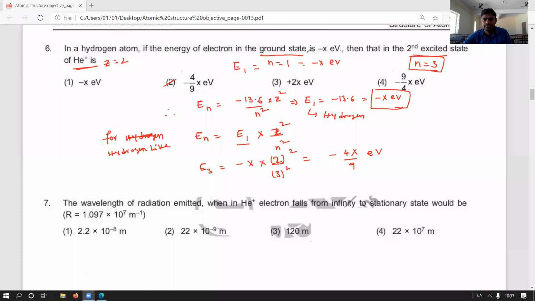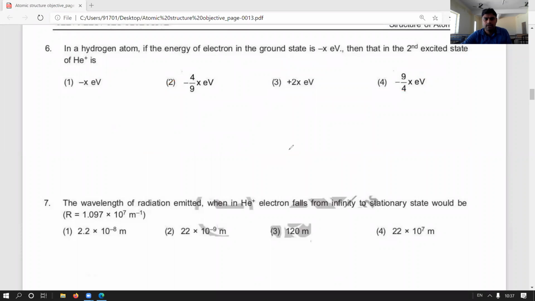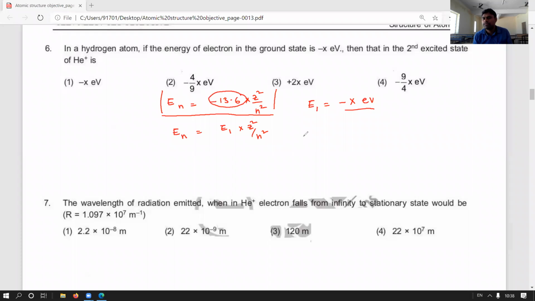Let's see. I will explain once again. Energy En, you have to take in electron volts, the formula is minus 13.6 into Z square by n square. Then we can also write that the nth orbit energy is equal to E1 into Z square by n square. This is the original formula. But in this case, E1 is what they gave, X electron volts, means in place of 13.6 we need to write minus X. Then Z for helium ion is equal to 2 and